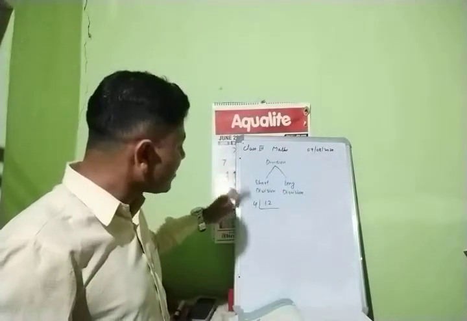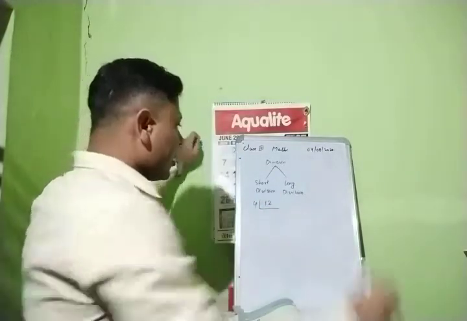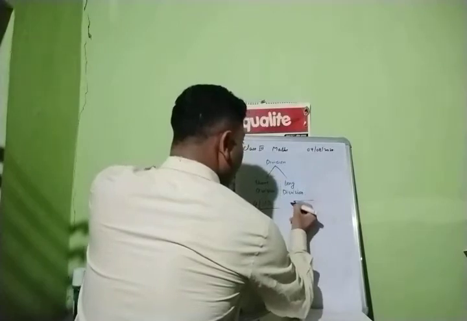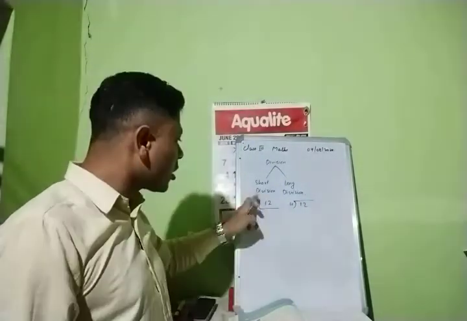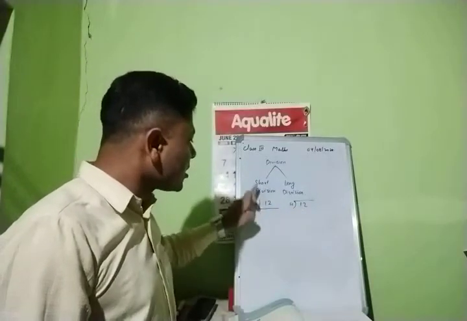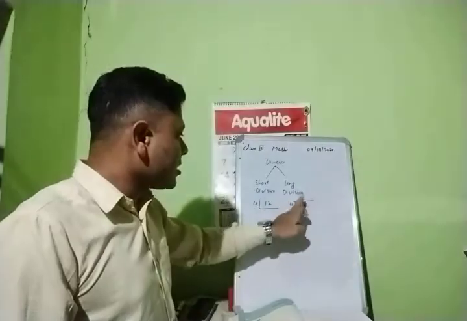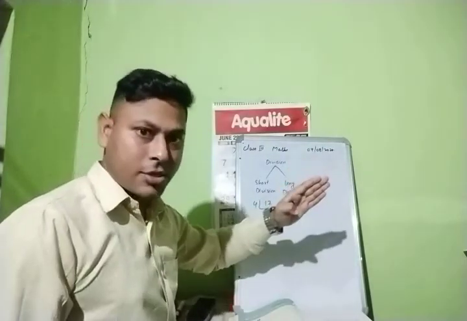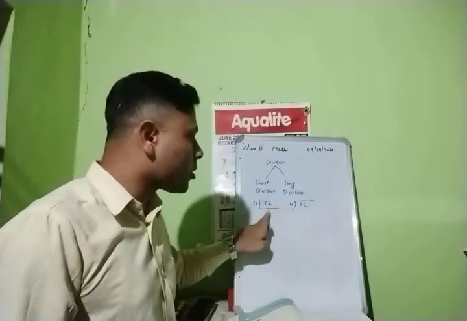Right. In short division, what you have to do? The division box will be opposite. In long division, the box will be like this, and 12 will be inside, 4 will be outside. Did you see the difference between short division and long division? In short division, the division box will be opposite, means it will be turned. And in long division, that box is up. Understood? Which we do usually. This is long division. This is short division.